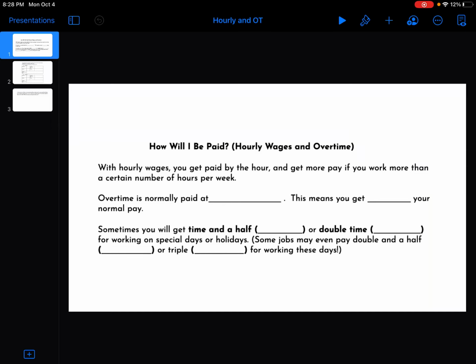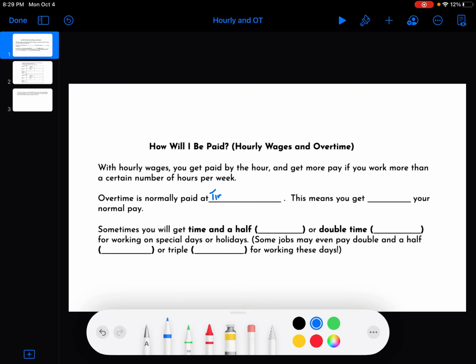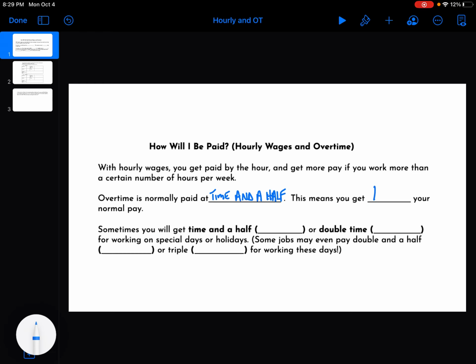Okay, so the most common way that students get paid is an hourly rate. Now, with hourly wages or an hourly rate, typically there is some sort of overtime that can eventually get made. Overtime is normally paid at what's called time and a half. Time and a half is exactly what it sounds like. It means you get 1.5 times your normal rate. So sometimes you'll get time and a half, sometimes you'll get double time, and then sometimes